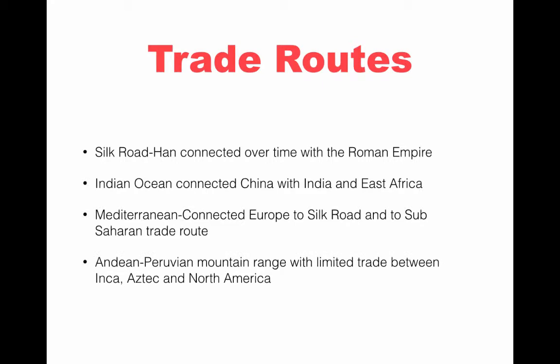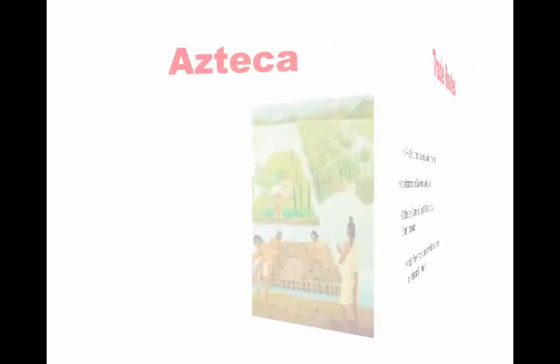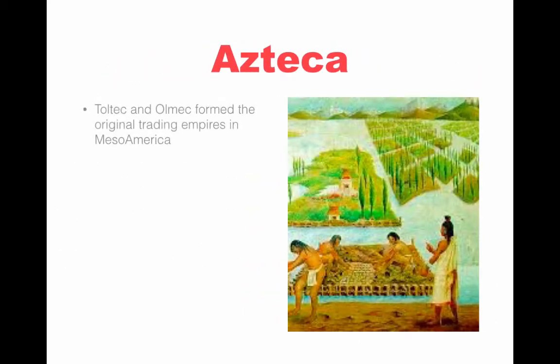And the Andean Mountain trade route, of course, is on the other side of the world. I explained to the kids how that's very isolated, but that Peruvian mountain range really did allow for trade between the Inca, the Aztec, and the North Americans. So that now allows us to go to the other part of the world, and now we can talk about